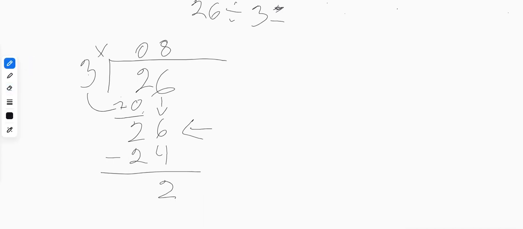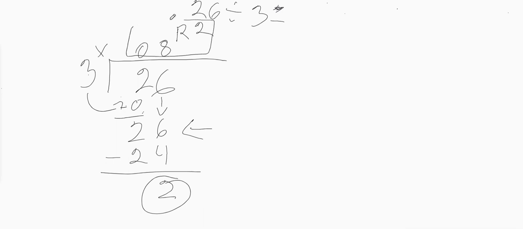Now, in 3rd grade, 4th grade, probably even 5th grade, you're probably going to stop here. Your teacher's going to say, this is what's left over, because 3 cannot go into 2 evenly, which gives you a remainder of 2. This is your answer. In a class where the teacher is telling you that there's a remainder, that is your answer. But in 6th grade, 7th grade,